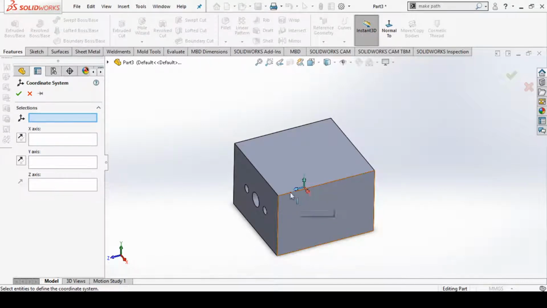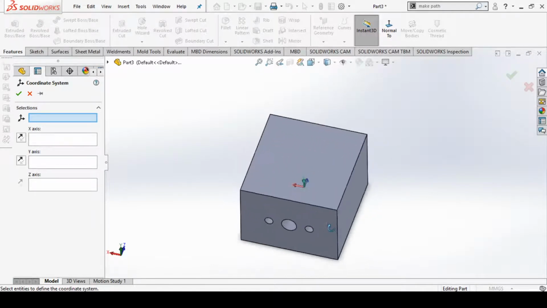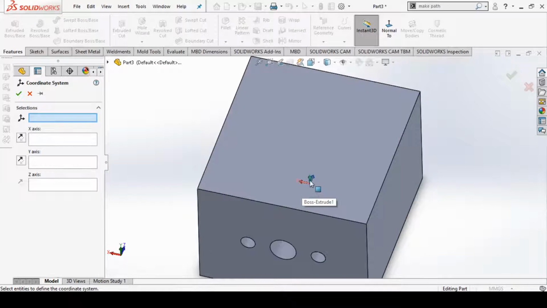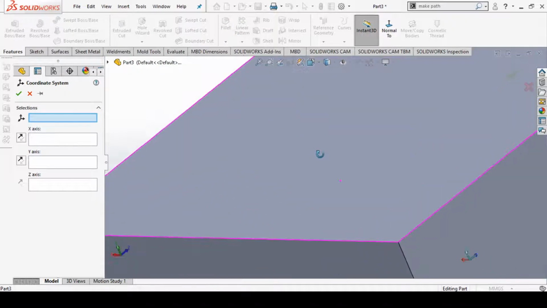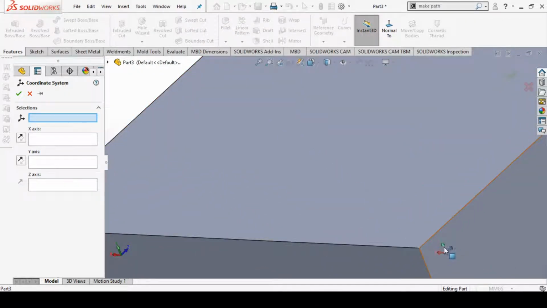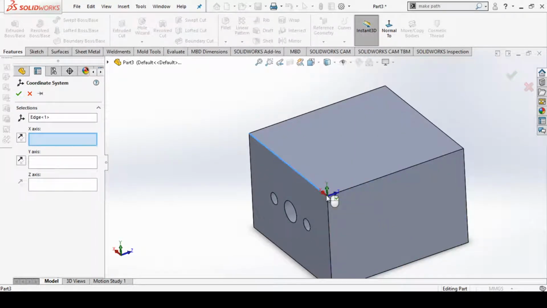directions. Suppose I select, now you can see here inside my model that this is my actual coordinate system, in which red color shows the x-axis, green color shows the y-axis and blue color shows the z-axis. Now I want to create a new coordinate system at this vertex. You can see my x-axis direction is this line, y-axis direction is this line, and z-axis direction, if I provide, is this line.